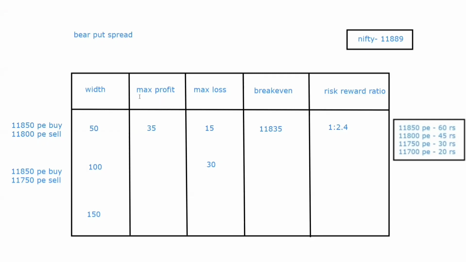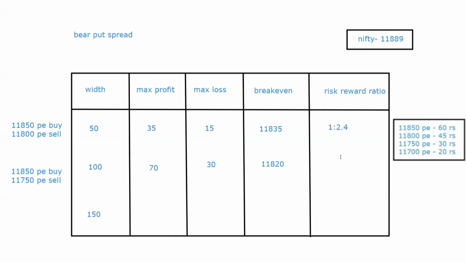And now the maximum profit over here would be the strike difference minus the loss. Strike difference, that is the width. Width is 100. 100 minus loss will give us the profit. 100 minus 30 is 70. Right? Break even. Higher strike minus debit. Higher strike is 11,850 minus the debit comes to 11,820. 11,850 minus 30. Okay? 11,820 आ गया. Now the risk reward. Now the risk reward would be almost the same, right? Both are getting doubled over here, right?